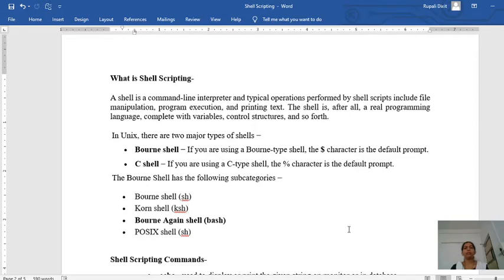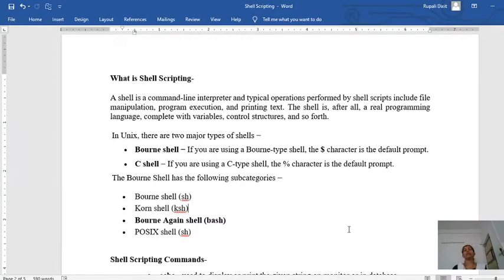So these basic operations are performed by the shell scripting commands. The shell is nothing but a programming language complete with variables and control structures. So this is one of the programming languages you can say.